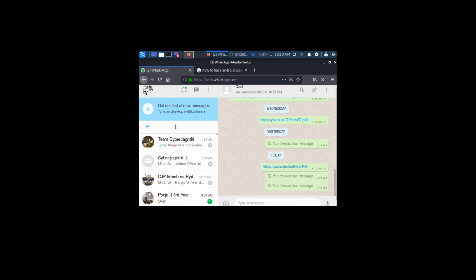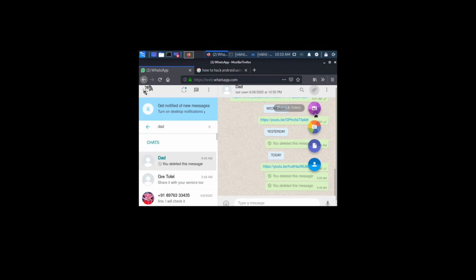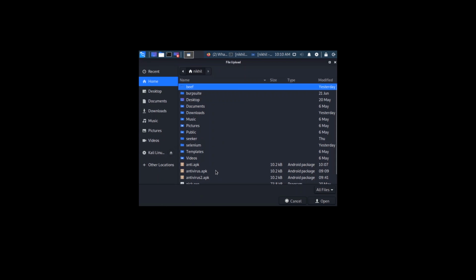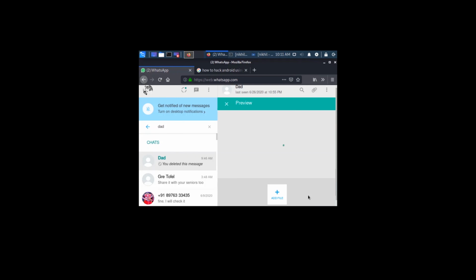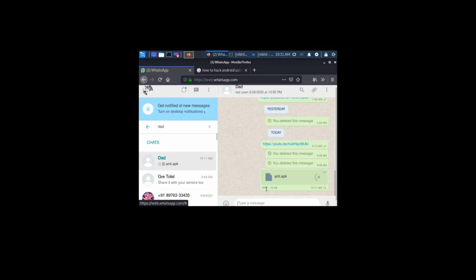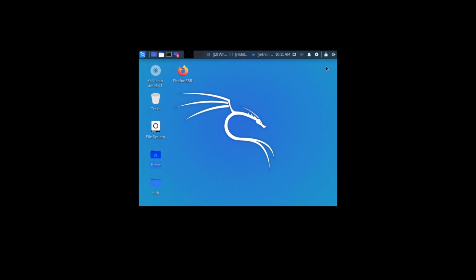Now guys, let me show you. I'm going to send the virus, meaning the payload which I've created. As you can see, I have sent the payload. So I am going to the phone right now and I am opening the payload.